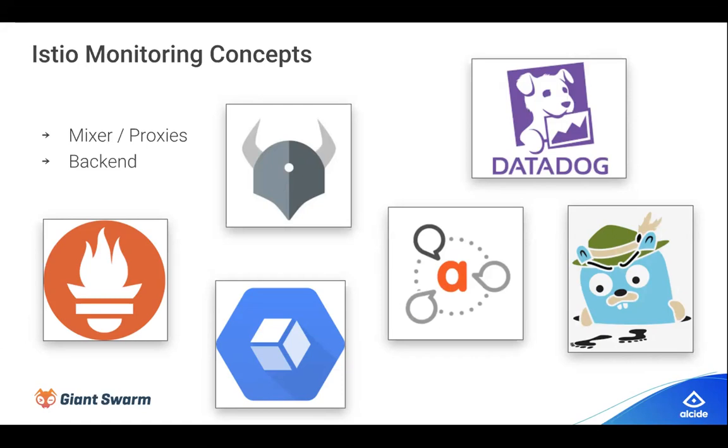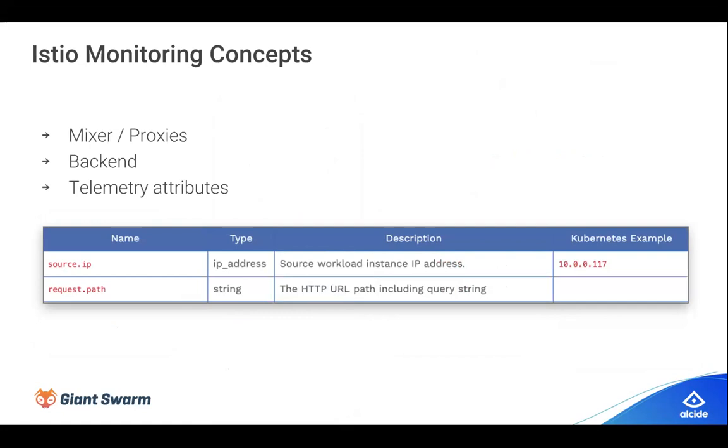And here we see some examples. We have Stackdriver, we have Datadog, Prometheus, but it's not only monitoring tools. As you see, there is also Jaeger, which is a tracing tool, or OPA agent, which helps with policy enforcement. And then let's define what an attribute is, because it's one important piece here,